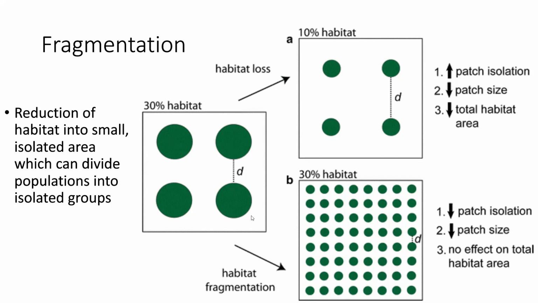And we can look at the green circles as sort of representing the areas where these populations live. So we had 4 different populations. What we want to think about is the distance between these populations and just the overall size that these habitats take up, and sort of how that's going to affect the